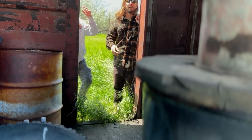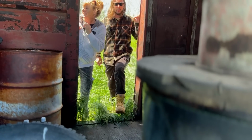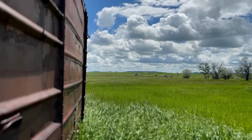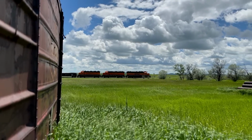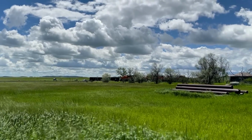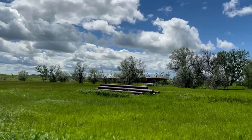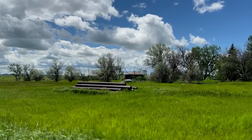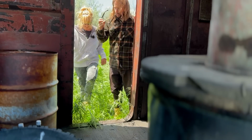Oh, wow. You hear the... Yeah, the train. What is that? Is there an actual train coming? Yeah, there's a train coming through. Well, that was pretty interesting. A little train going through. Yeah. So here,